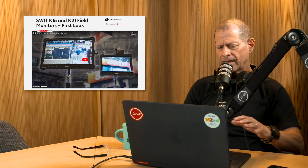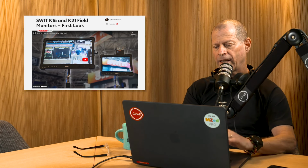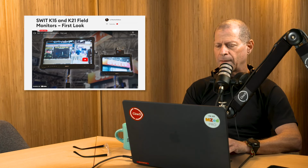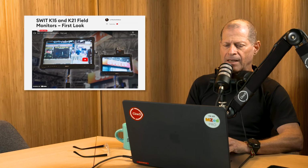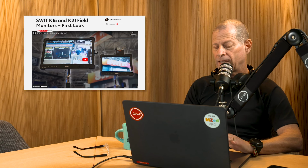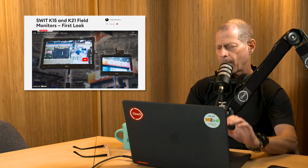So those monitors are good up to full HD resolution, not 4K. And all of this is in order to keep the price of the monitors manageable. The other thing to mention here is that they have a completely new operating system for that monitor. The menu structure is different. This is also just to make life easier if you are working